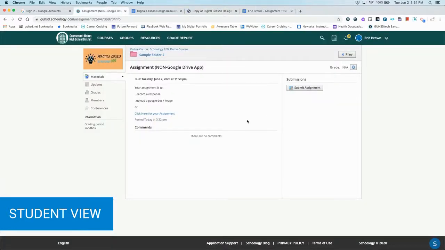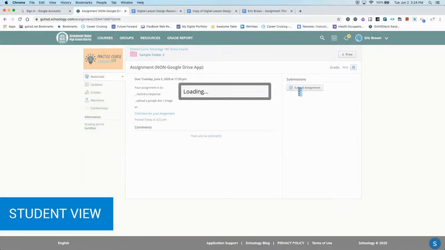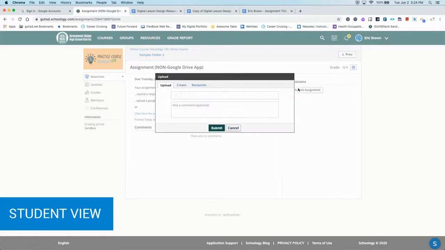Now when I'm finished and I'm ready to submit, it looks a little different. I see this Submit Assignment icon right here. I'm going to go ahead and click that. And now when I do that, I notice that there's lots of different ways that I can respond to this assignment. And so it's important for us as teachers to proactively think about what ways I want my students to turn in assignments, what skills I want them to practice. And so for this assignment,